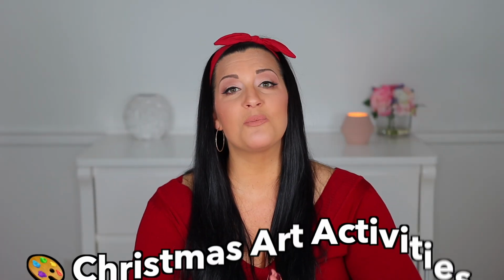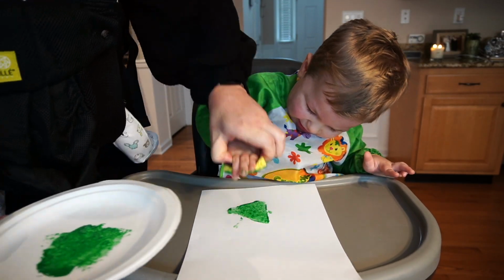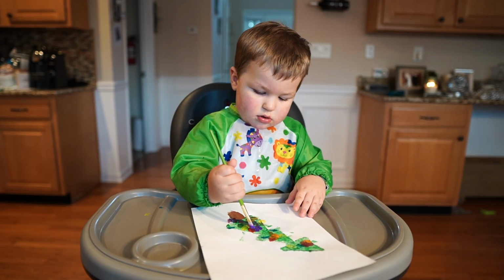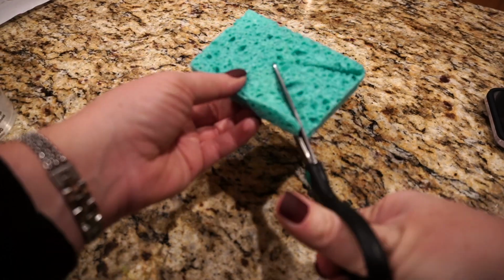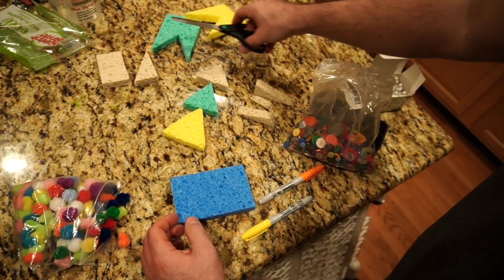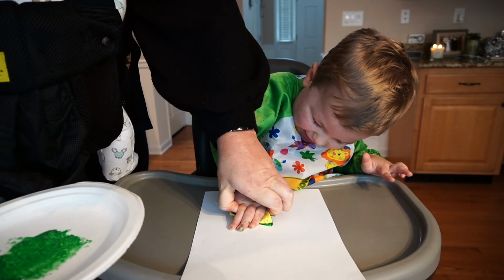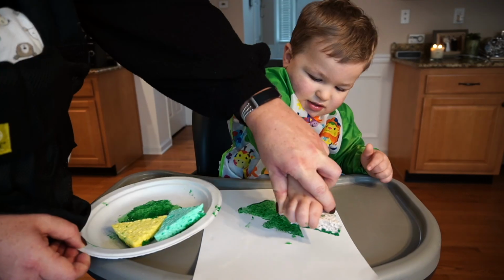Up first, we have some Christmas-themed art projects. Our first art activity is this sponge paint Christmas tree craft. Simply cut up some sponges into triangle shapes to start. Alternatively, you can cut them into a whole tree, but I just like making the trees from triangles personally. Grab some green paint and have your toddler dip the sponge into the paint and stamp it on the paper